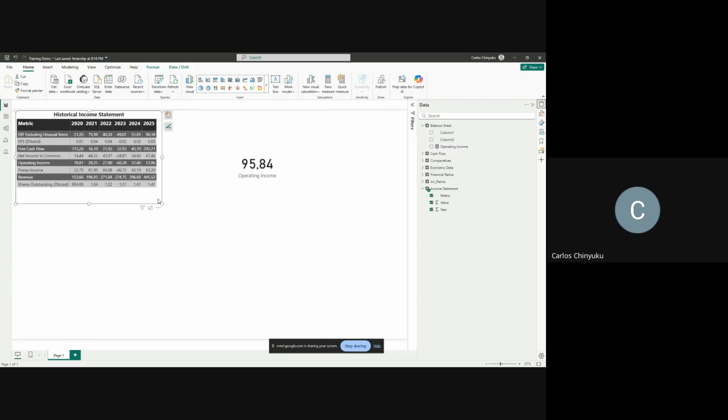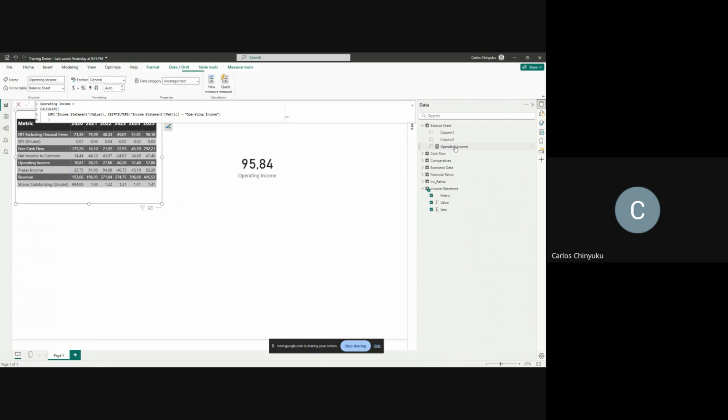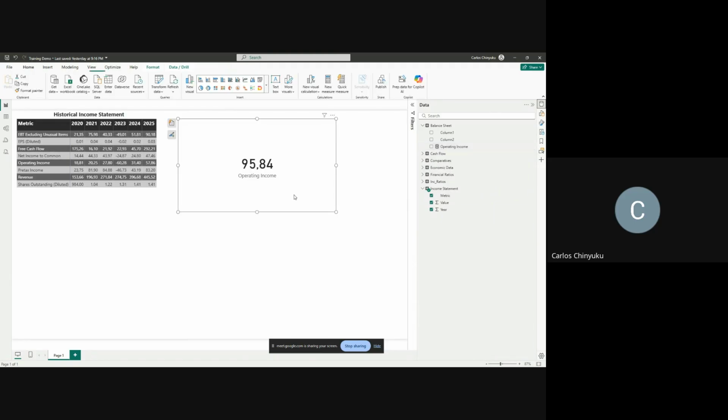I simply went and did a simple calculation of operating income. Like I just need this. If you want free cash flow, you can do the same measure, but obviously it's going to be a little bit different. Where we are saying operating income, we have to do free cash flow and all this, and we present it in the form of a card. You can present it however you want to present it. So it's a card here. A visualization that can quickly tell the audience that they have a total operating income of 95